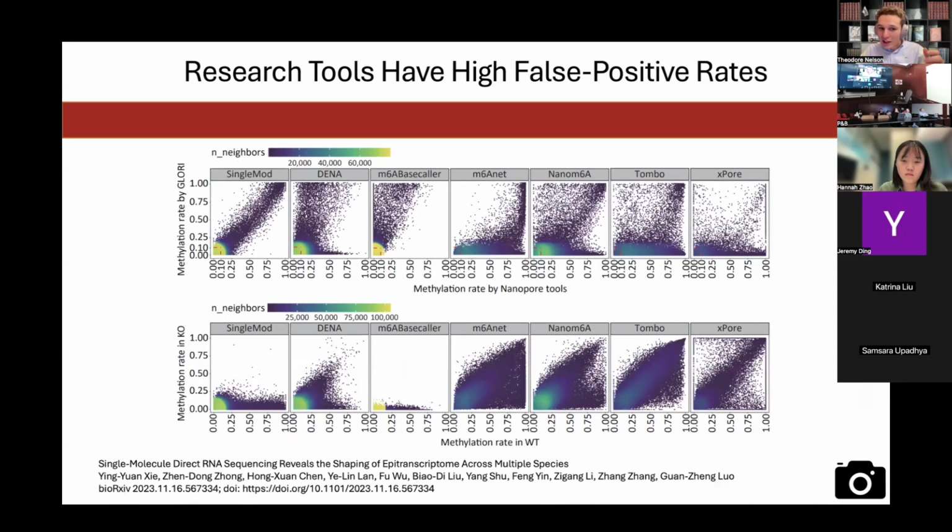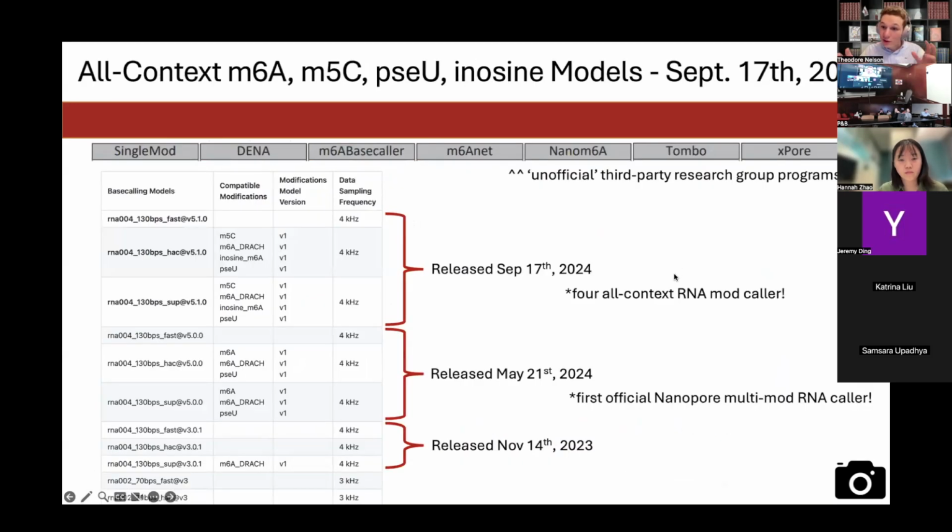So they looked at GLORI data. GLORI data is one of the chemical modification techniques to get single molecule, ultimately aggregated as site level, so a single adenosine nucleotide at a single position within the genome, data and knockout, so METTL3 knockout, removing the writer from M6A. If you have no writer, you're not going to get a lot of M6A. And what you see is there's a ton of false positives, and the true positives are also lacking a bit. So there are a lot of these open source research tools and frameworks that have been released,